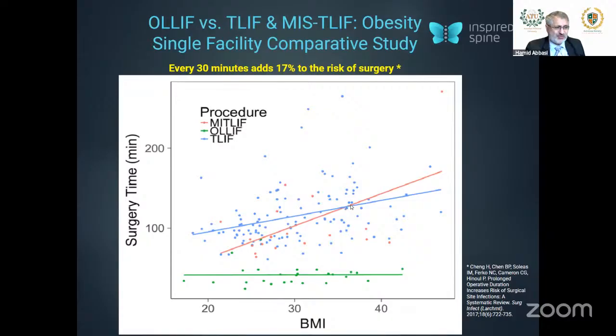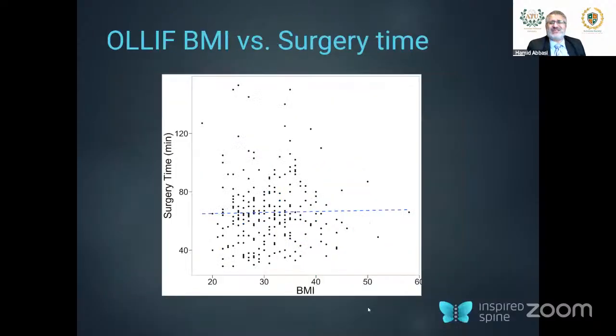Superior, seems to be superior in risk profile up to BMI of 37, whereas we could show with the transpsoas OLIF, we can even do now BMI up to 60, 64 without difficulty. It opened up the field for lots of cases you wouldn't even consider to do surgery. I can tell you, you do not want to do an ALIF, I have done it, XLIF or OLIF ATP in somebody with a BMI of 50 and so on. Whereas this, for transpsoas OLIF, is a routine surgery.